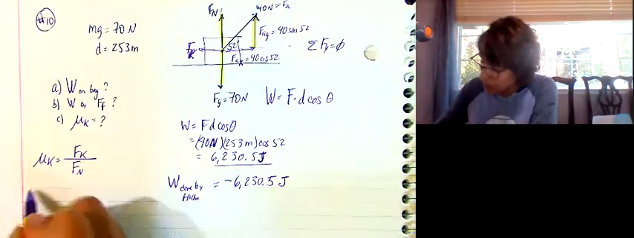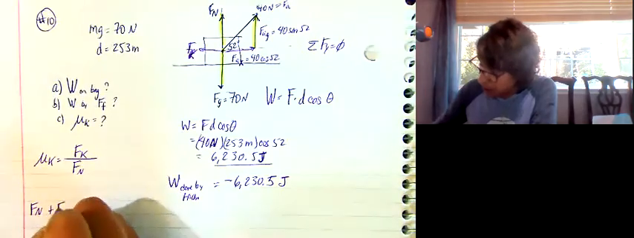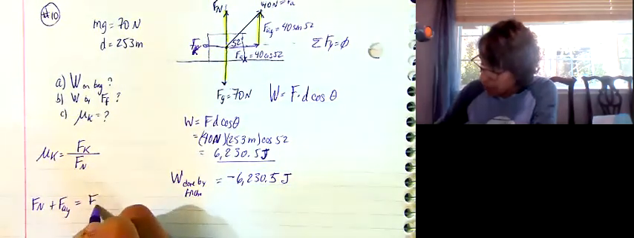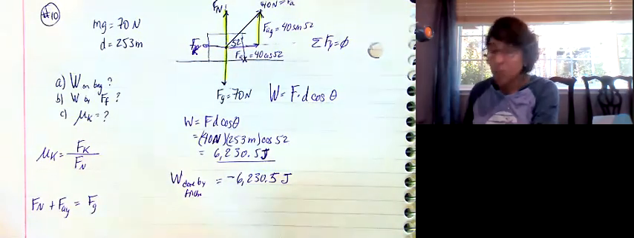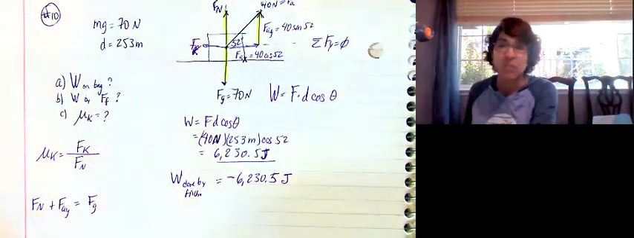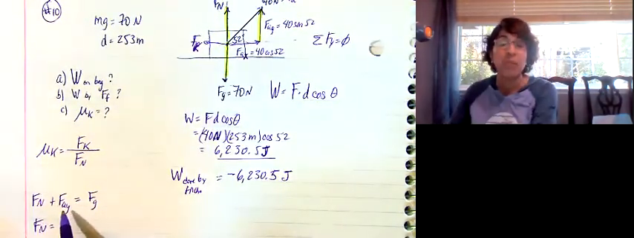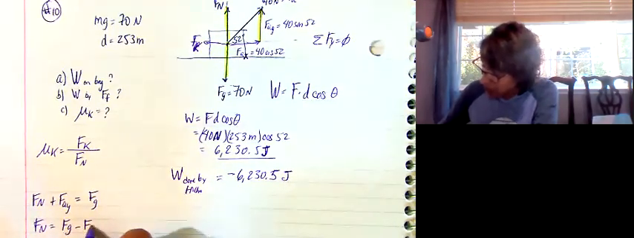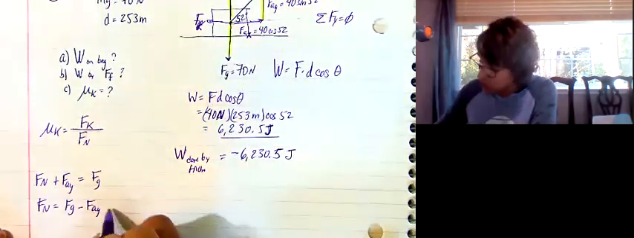So Fn is going up, Fay, F applied in the y direction, is going up. Those two combined must equal Fg going down, and we'll have equilibrium. So now we need to solve for Fn. This is just like the one you guys had on your last test. I subtract the applied force in the y direction from both sides, so Fn equals Fg, which they told us was 70 newtons,